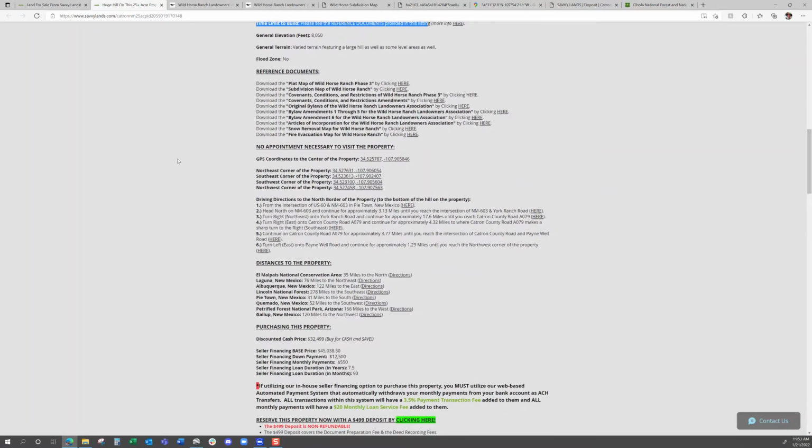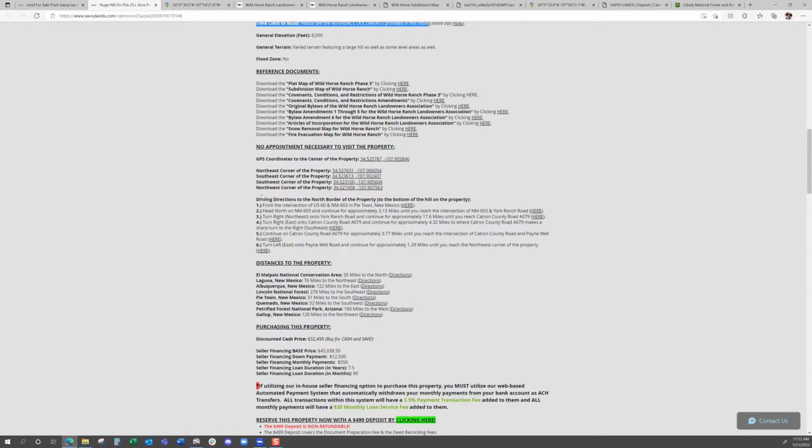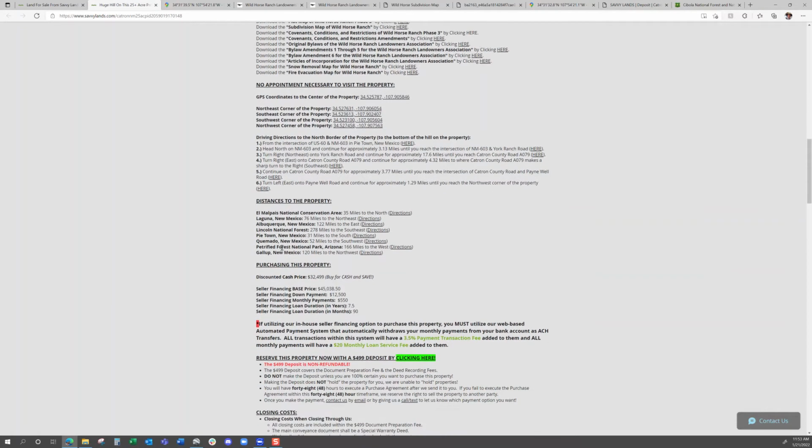What else we got? GPS coordinates to the property. You can click any of these and it'll bring you to the corners of the property. So for example, the northeast corner along the north access road, there it is, northeast corner along Paynewell Road. And then we've got driving directions, we've got distances to the property from a whole bunch of different places,